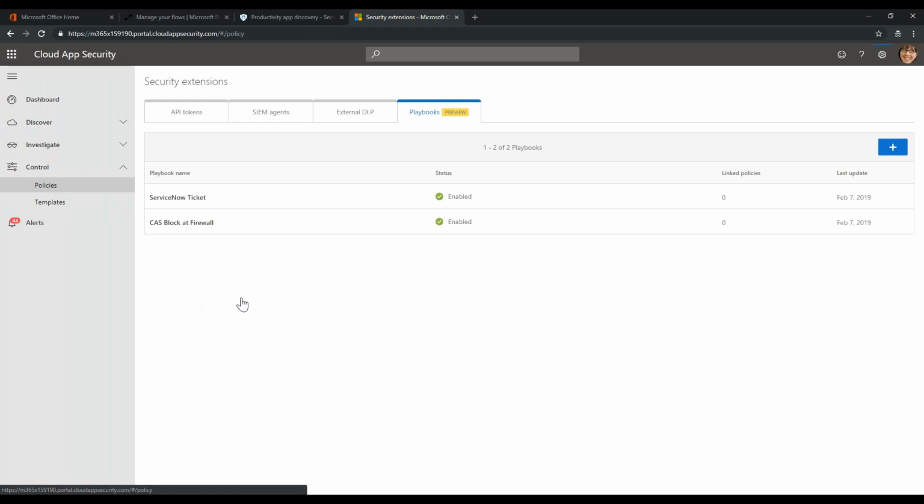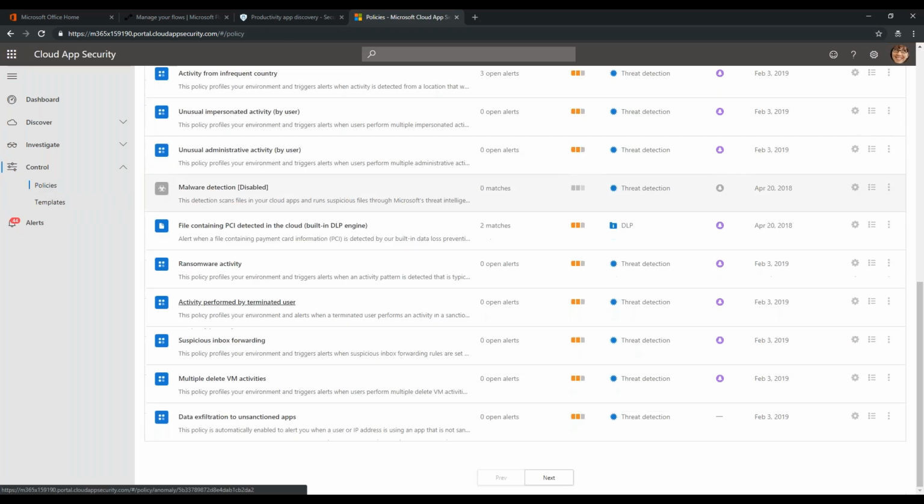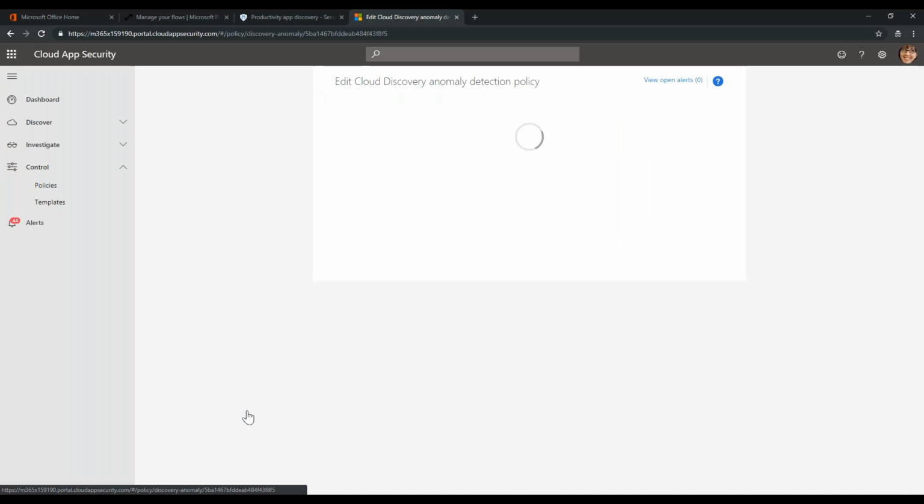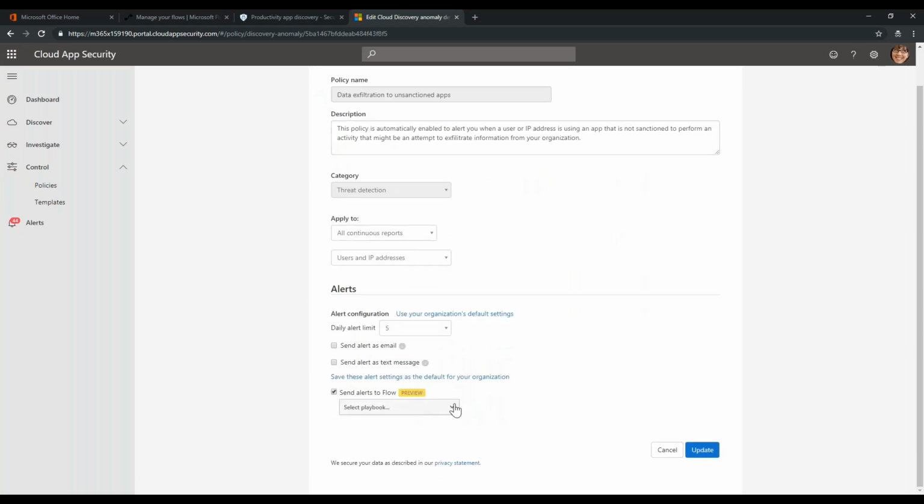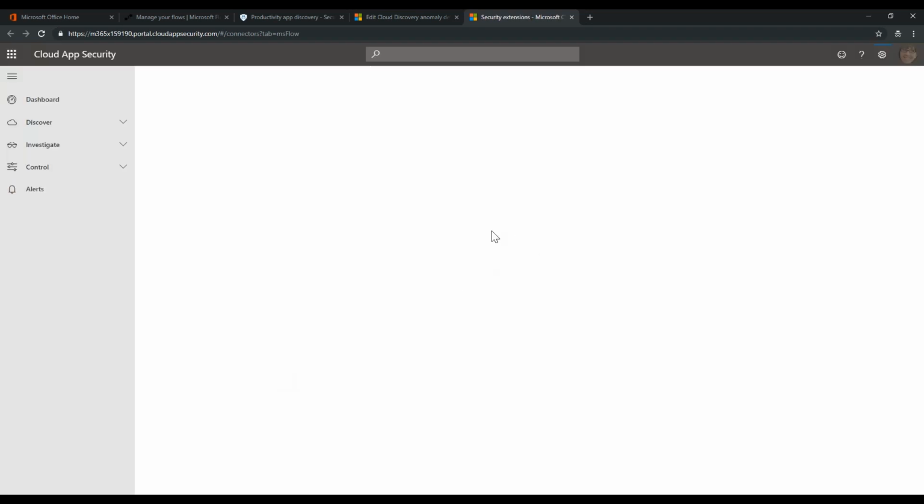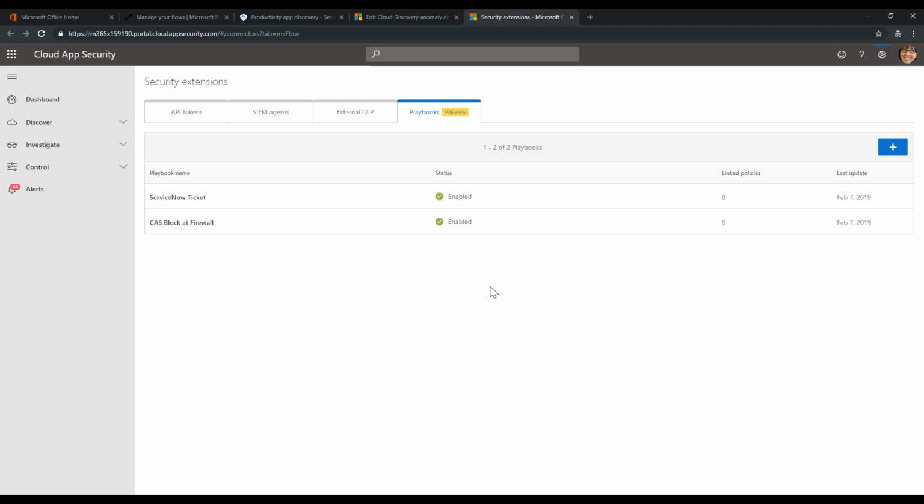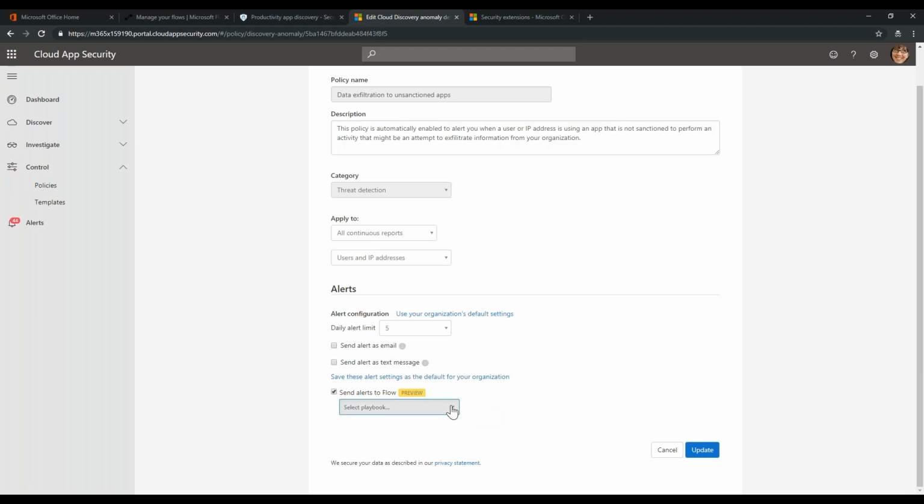So let's go back to the policies and go to data exfiltration, flow. Where it's not showing. It might just take a second for it to show up. It'd be a little slow on the back end. It's there. Well, in any case, when it shows up, which will be maybe in a couple minutes, then that's where we